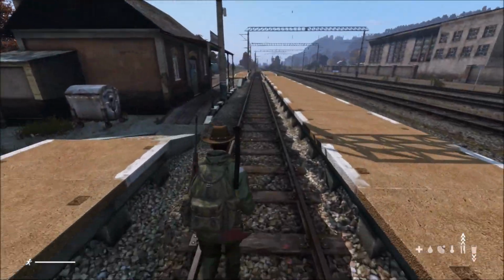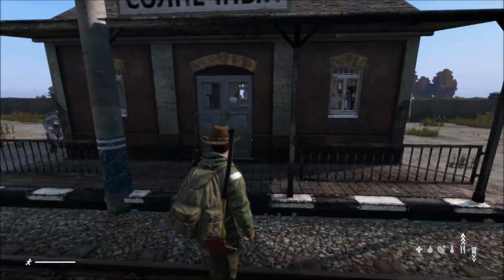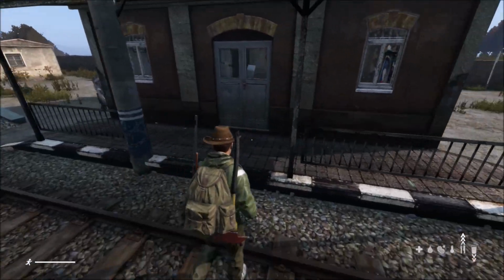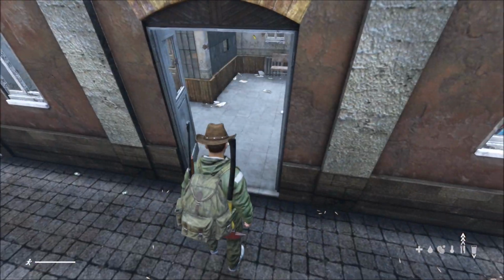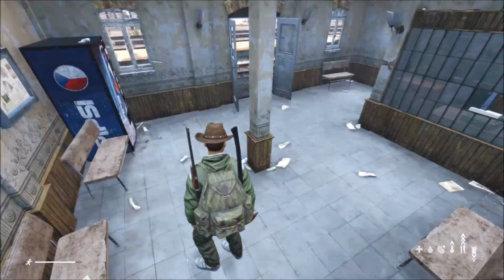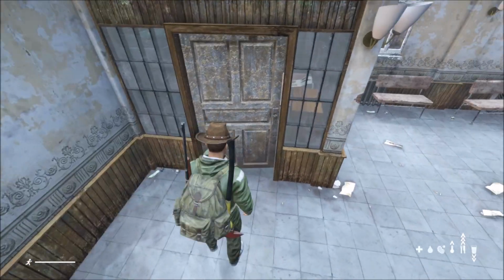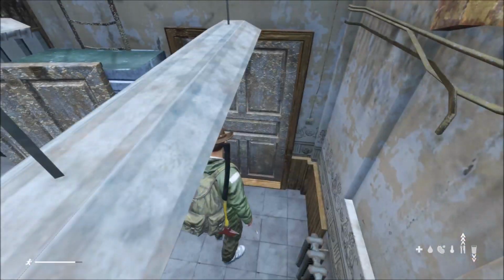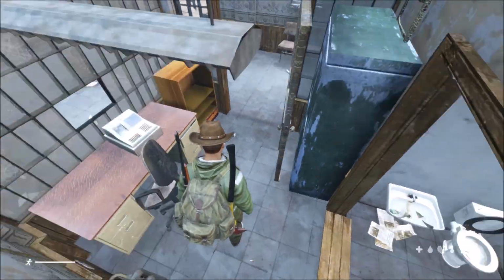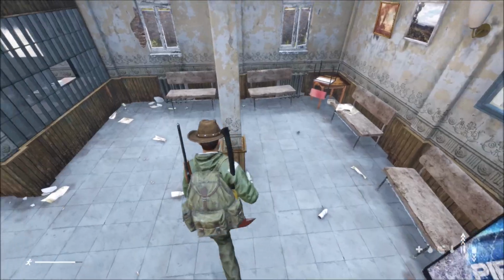Okay, so the second building is the mini station. And now there's a lot of these around the map. And obviously we know the building, but it's been blanked out for quite some time. But now you can go into the waiting area. And there's a ticket office here. Go in here, and then there's a little toilet at the back. Now, there's no loot spawning in these at the moment, but when it does, and I think it will, it's